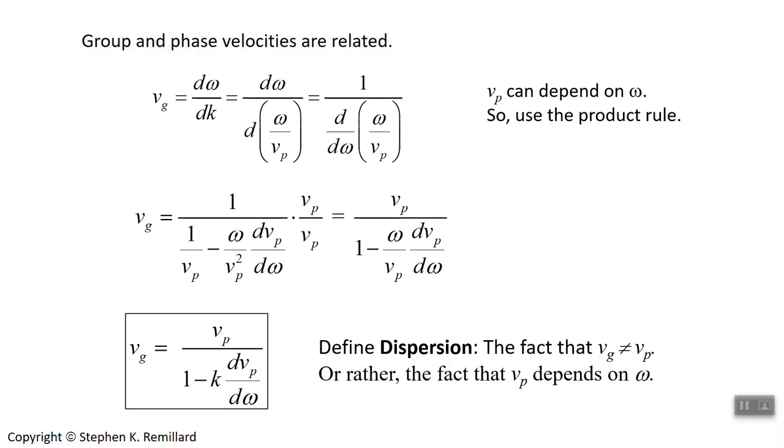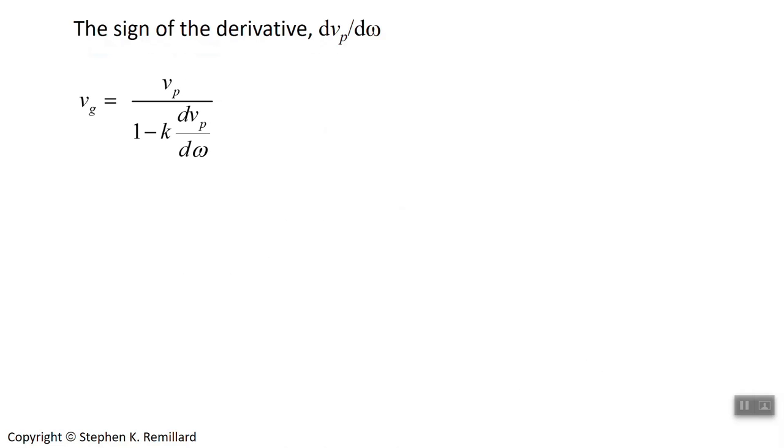I've said nothing yet that suggests that that derivative has a particular sign, plus or minus. I just mentioned maybe it's zero in some cases. I want to examine this expression with the question of what are the consequences of the different signs for that derivative. Beginning with negative. So if this derivative in the denominator, dv phase by d omega, is less than 0,